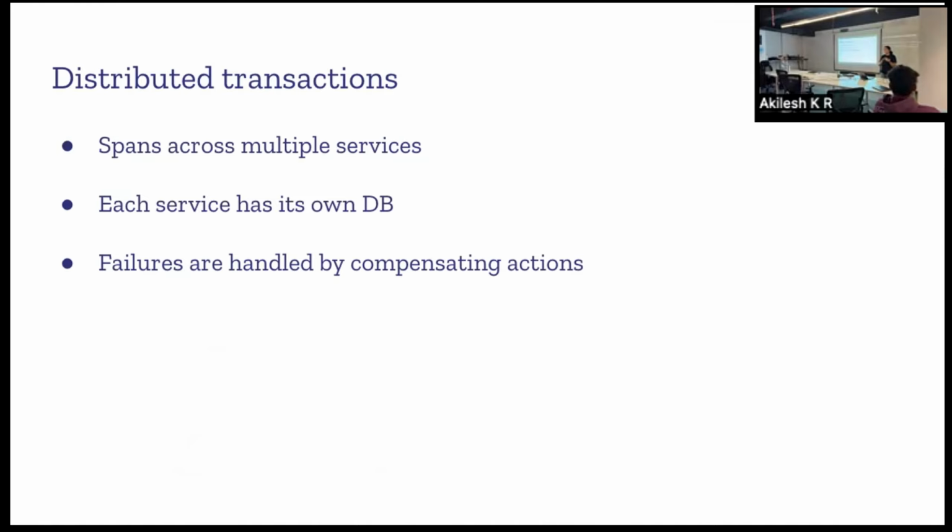An order cannot be created when a payment has failed, or an order cannot be fulfilled if the inventory has no stock. These are things that should be in sync, and we need to handle those and accommodate all these things by means of compensating actions. Saga is one of the most popularly adopted patterns that can help us deal with distributed transactions.